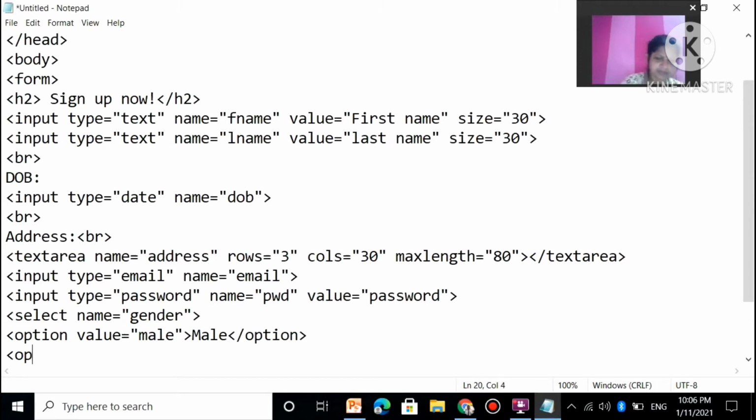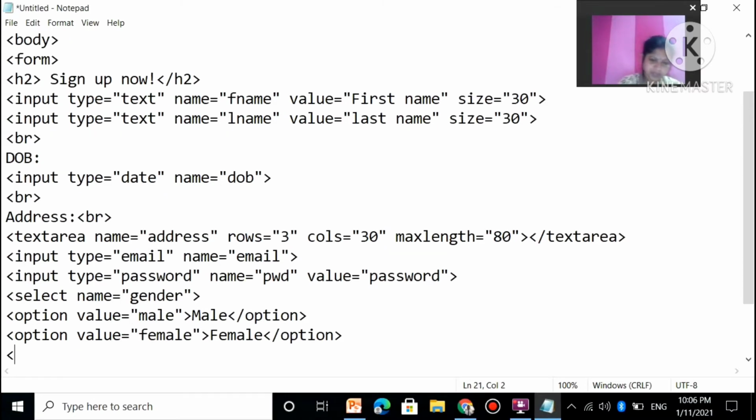Next one. Okay. This way you can add as many options as you want. Okay. Then close select.